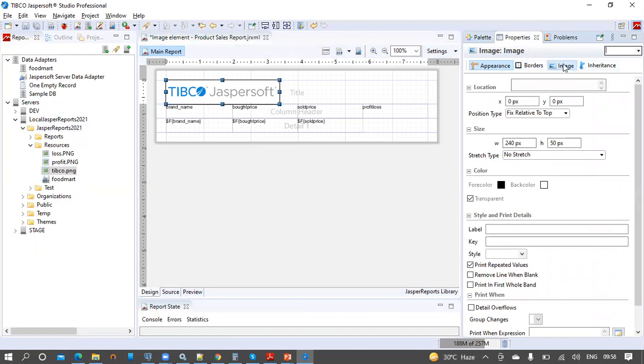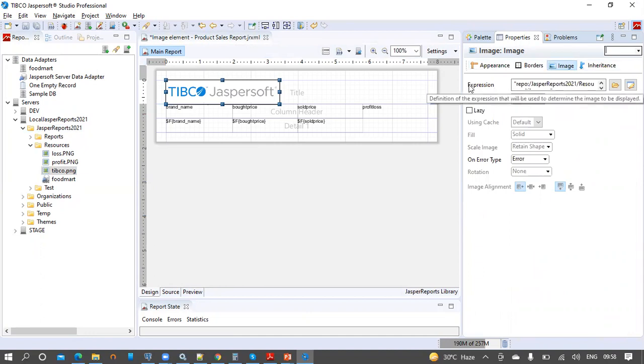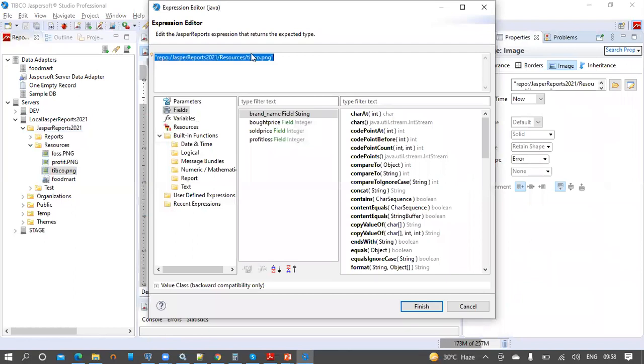If we go and check, the image expression is taken as the path from the Jasper report server with the repo keyword. So this is how we can generate the paths for an image when we drag and drop the image on the design space.